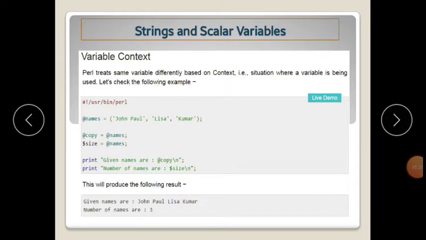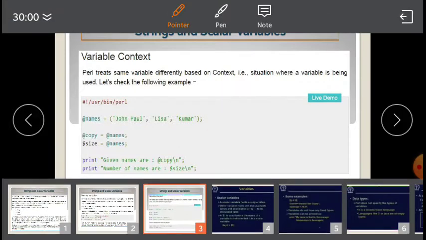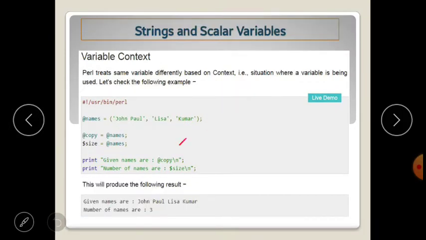Here there are two statements: print "given names are @copy", and the second statement is print "number of names are $size". In this program, the copy variable contains this data, John, Paul, Lisa and Kumar, because it is an array variable which stores the elements inside this array.